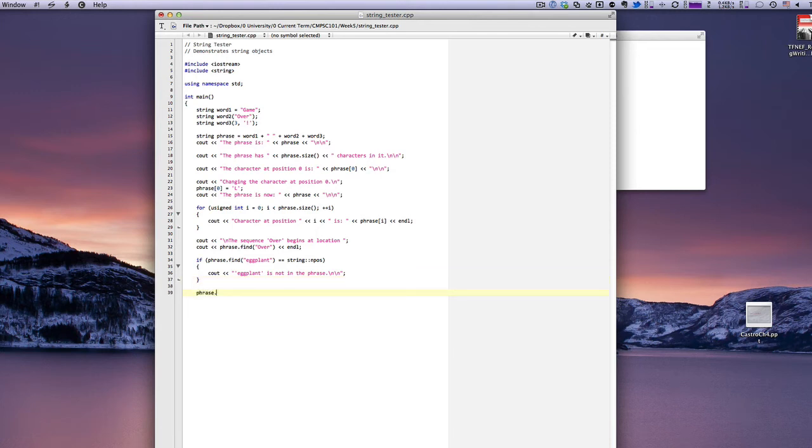Now, another member function within our string object is erase. So we're going to erase whatever's at the 4th and the 5th position. The phrase is now phrase and L. Now we'll erase again whatever's in the 4th position. The phrase is now